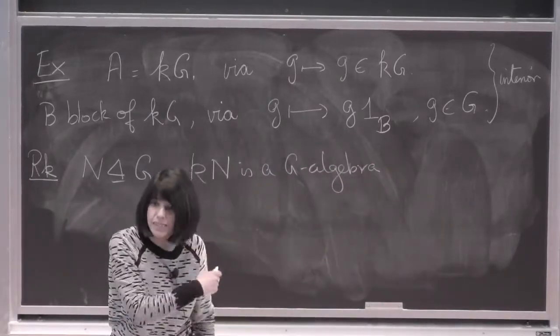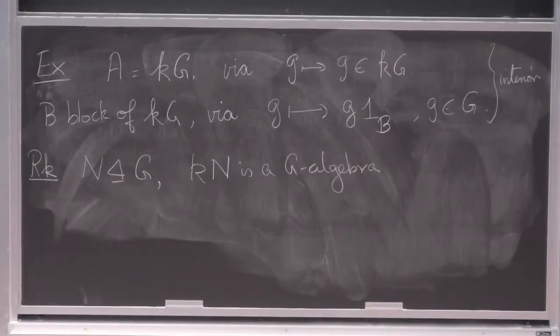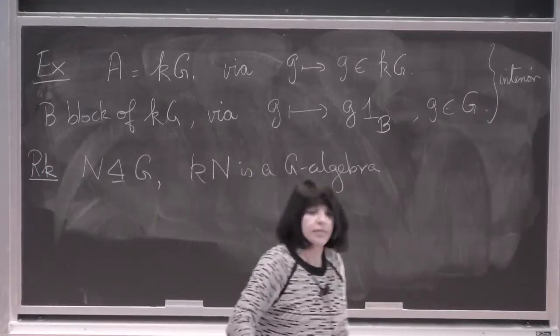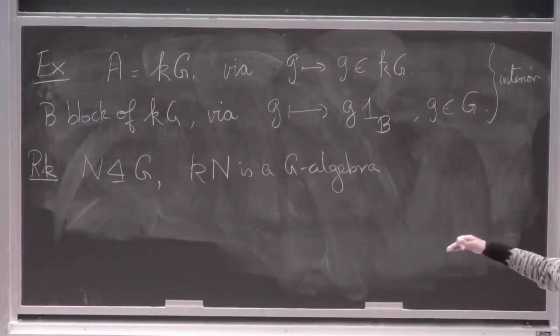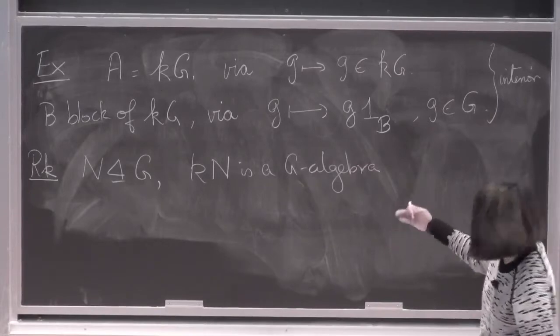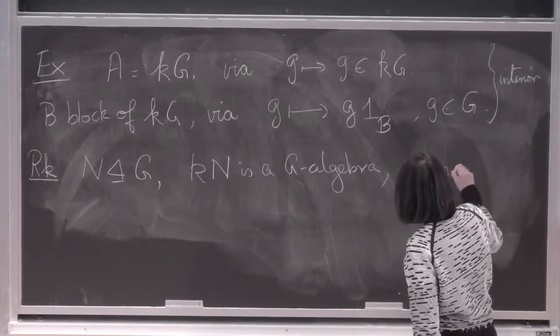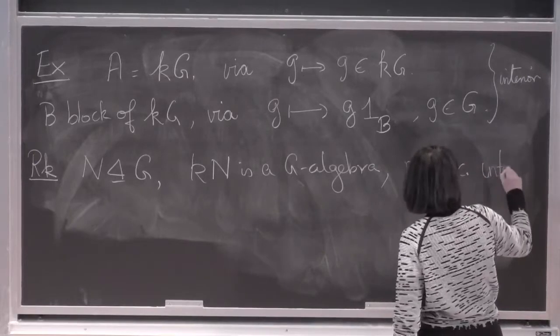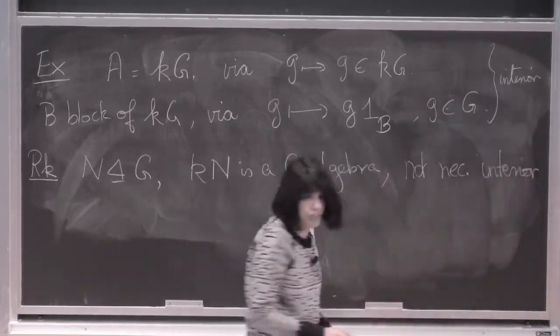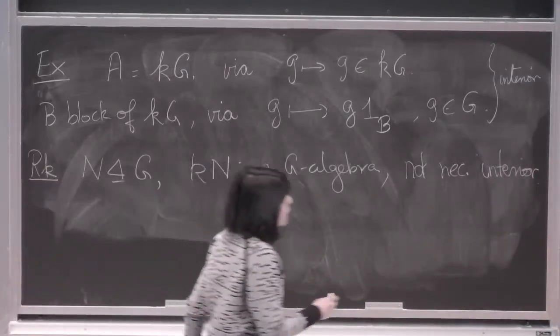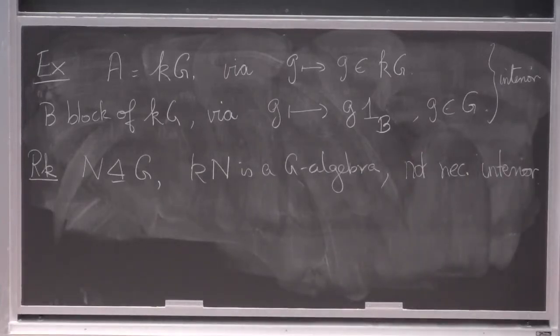Okay, but in this situation, you will generally lose the fact of it being interior. And this is a complication. Say when you do Clifford theory, you want to descend, say even to simple groups or something. The fact that this is not necessarily an interior action can be a problem. So not necessarily interior, but it's an important G-algebra structure. Okay, so that's one class of G-algebras and interior G-algebras.